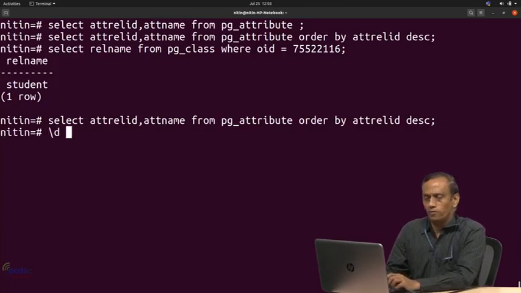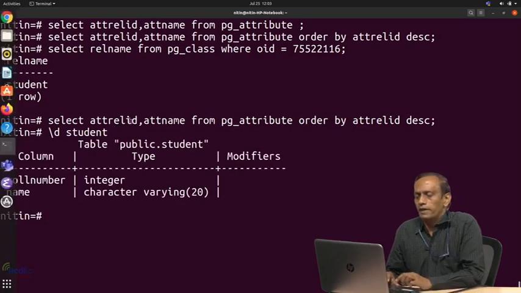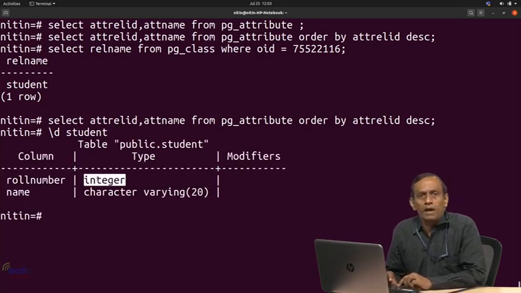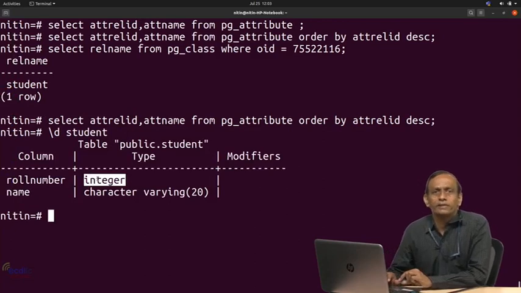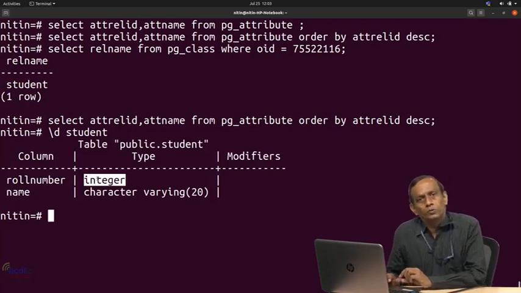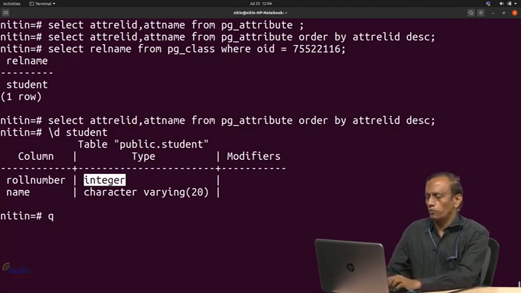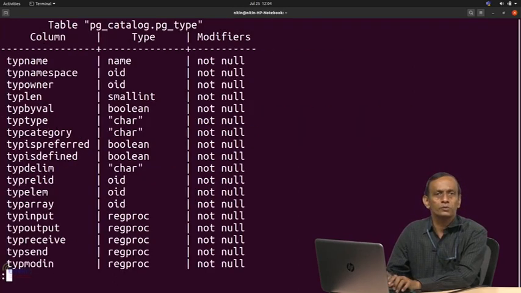Now if you recall, we saw \d for example student, there are types associated. These types are also default data types. Does the Postgres server also store information about these data types? Yes. For that purpose, another relation that it makes use of is pg_type.